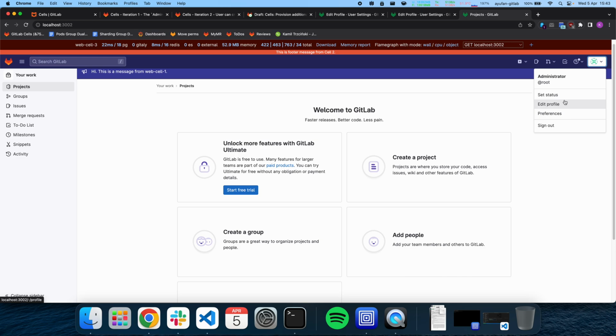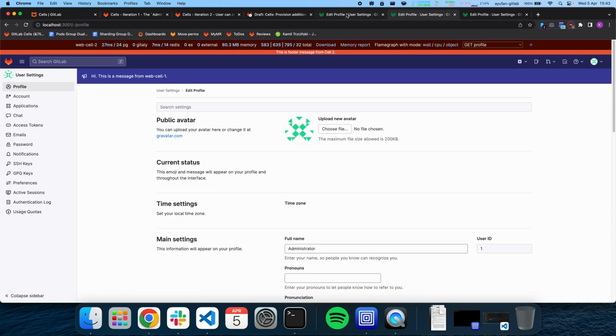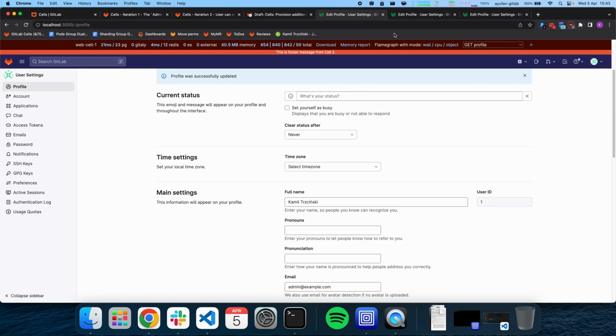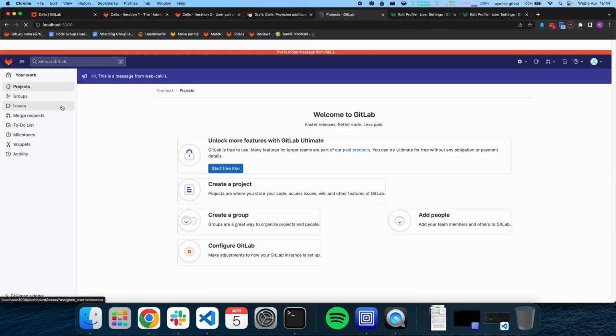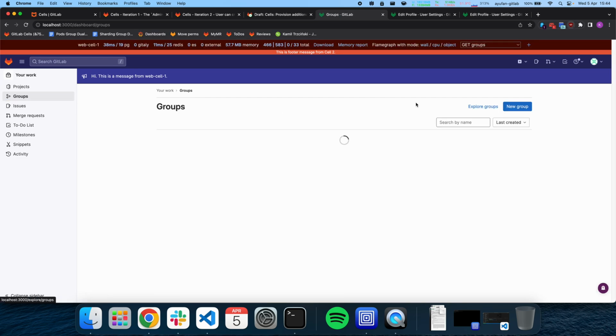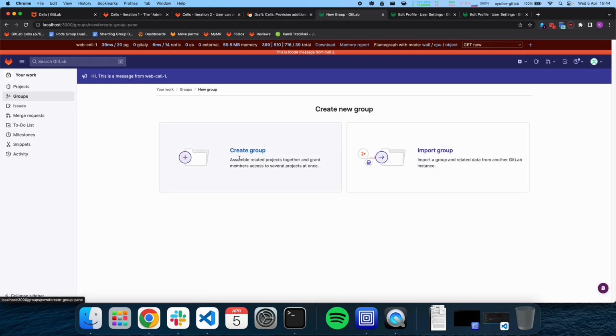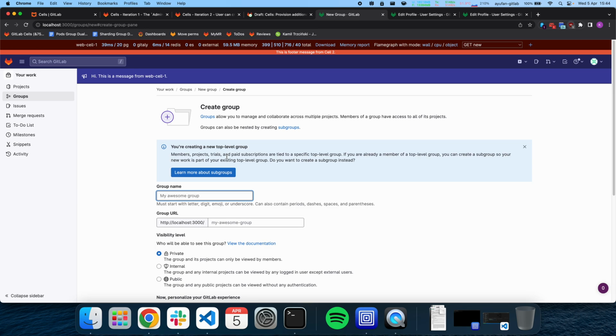This is the same case for the cell 3, that each of these databases, each of these cells, they have a separate user table, and only those mentioned tables are actually shared. Now, if I simply go to create a group, this is exactly the same case. The groups are not shared. So basically, it also means that group IDs, since they are not shared as well, can produce a conflict. Group created from cell 1,